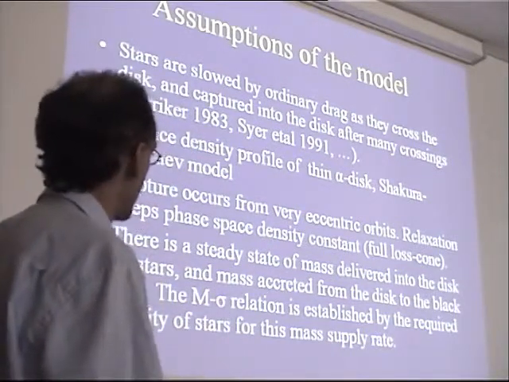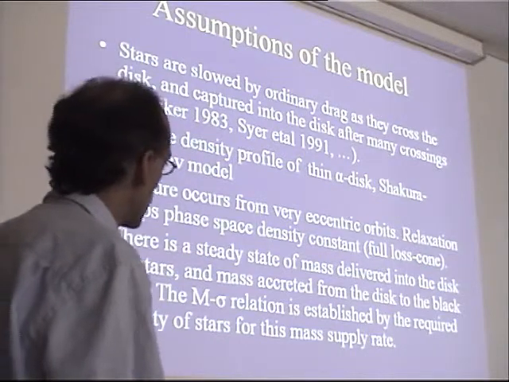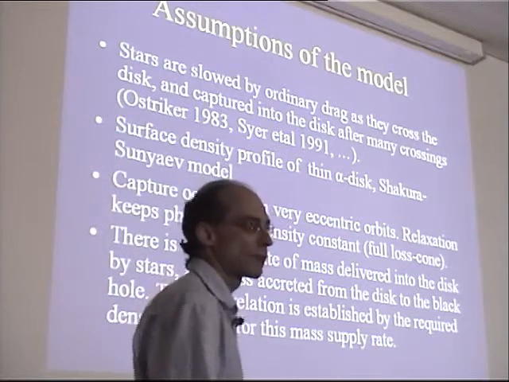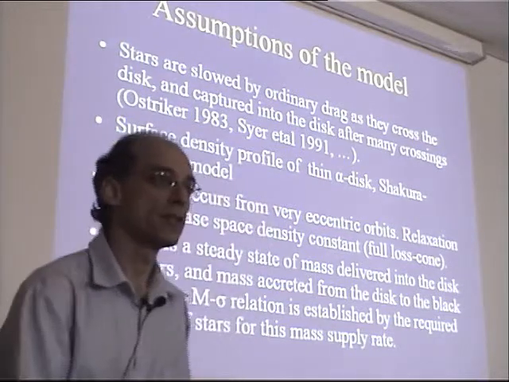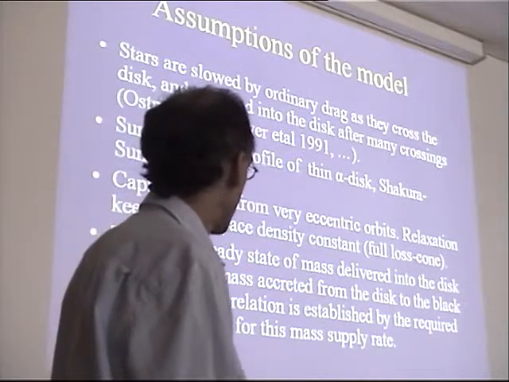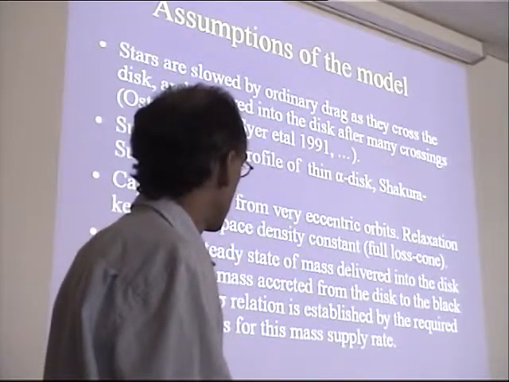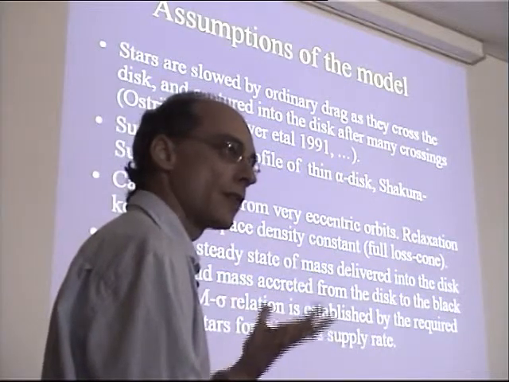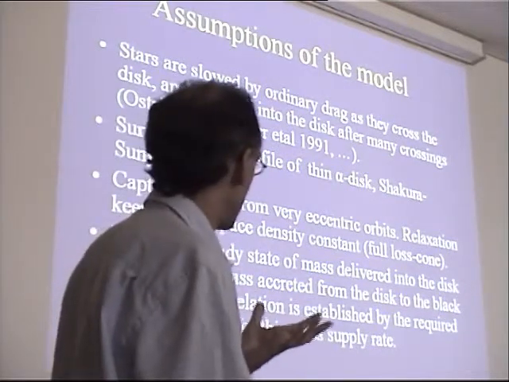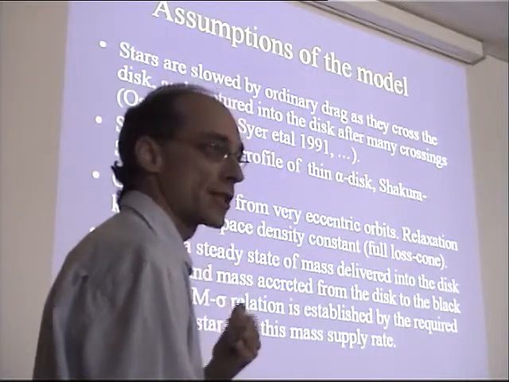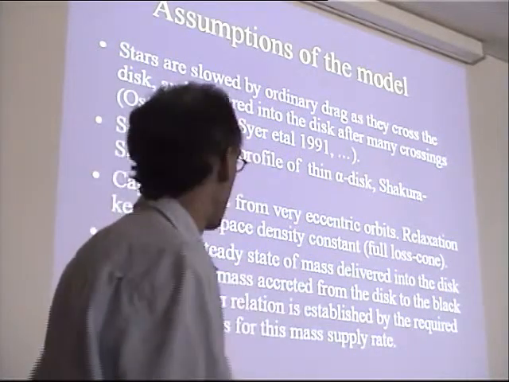Then what we're going to do is see if the rate of stars crashing into the disk and delivering mass is high enough, by checking if you can maintain an Eddington accretion rate onto a black hole and then grow the black hole up to a mass that is related to the velocity dispersion of the stellar system around it, from which the disk has to be fed.